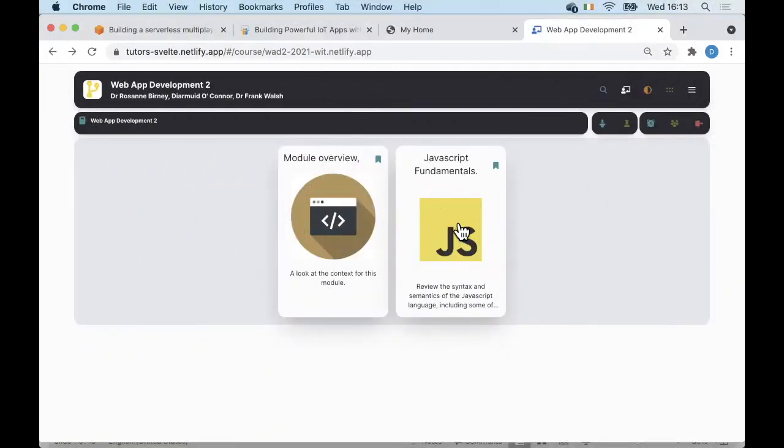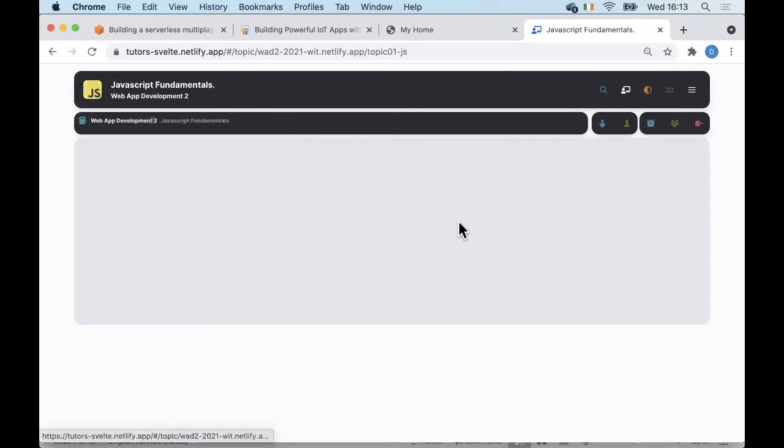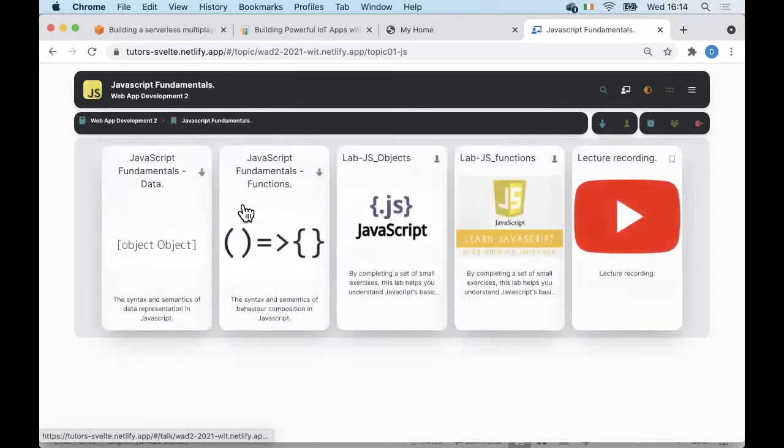Okay, so we're still inside this section here, and I want to move on to the second part of our review of JavaScript, which is to look at the behavior side, or the representation of logic. The lab accompanying this set of slides is this lab over here. So if we go into the slides,